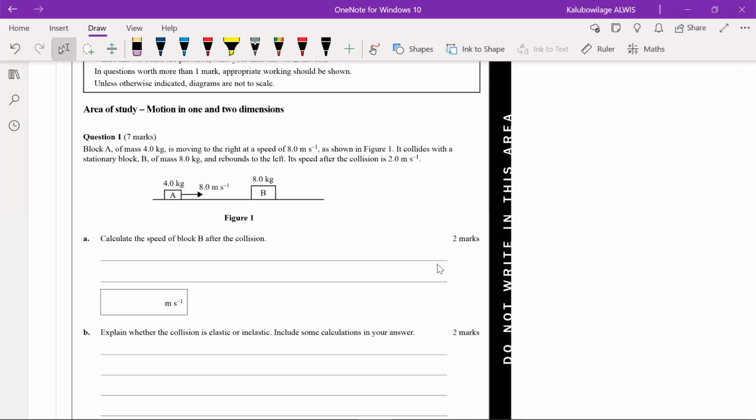Yeah. Question 1 is a conservation of momentum question. So P initial has to equal P final. Won't write the formulas out, but 4 times 8 for the initial momentum, and then going a different direction after the collision. Speed after the collision: block A goes left, so minus 2. We don't know the velocity of B, and so